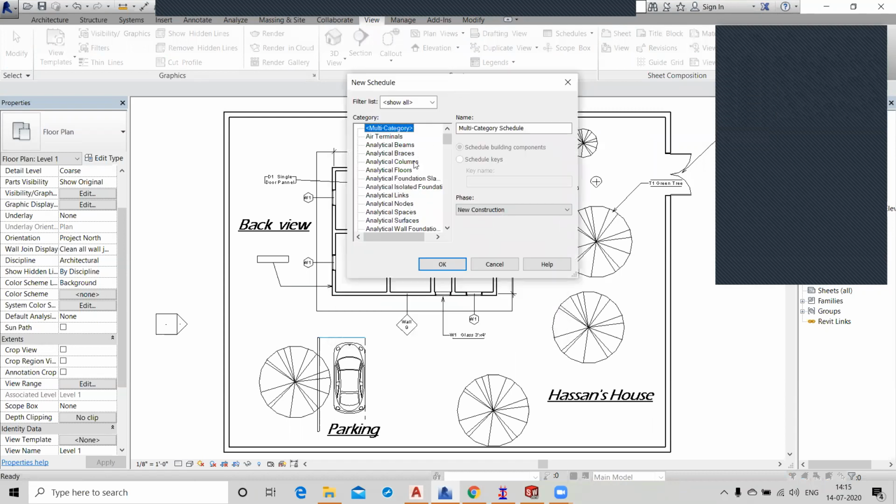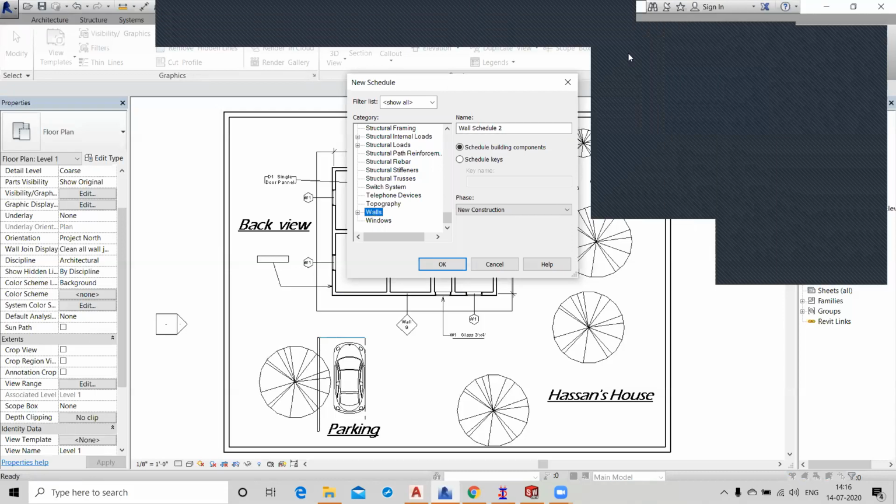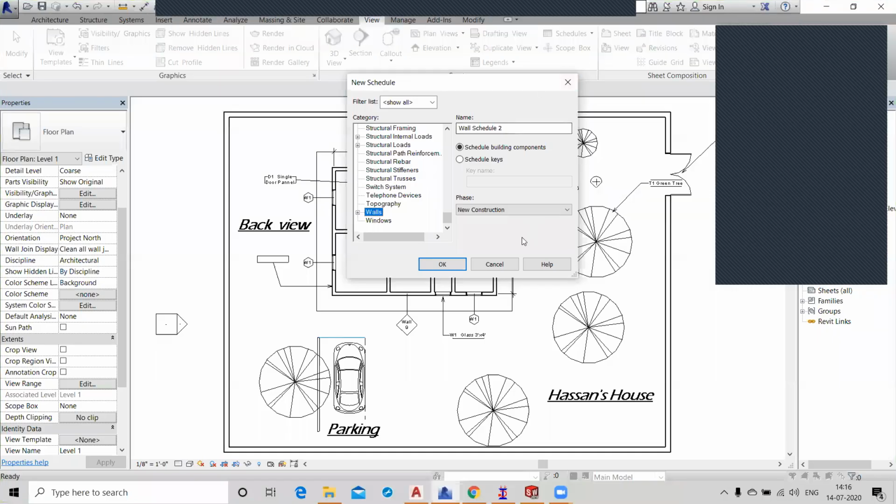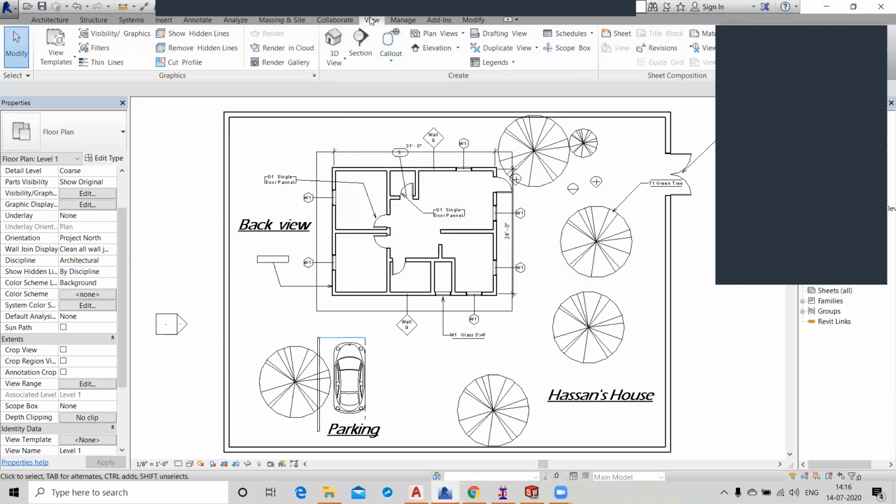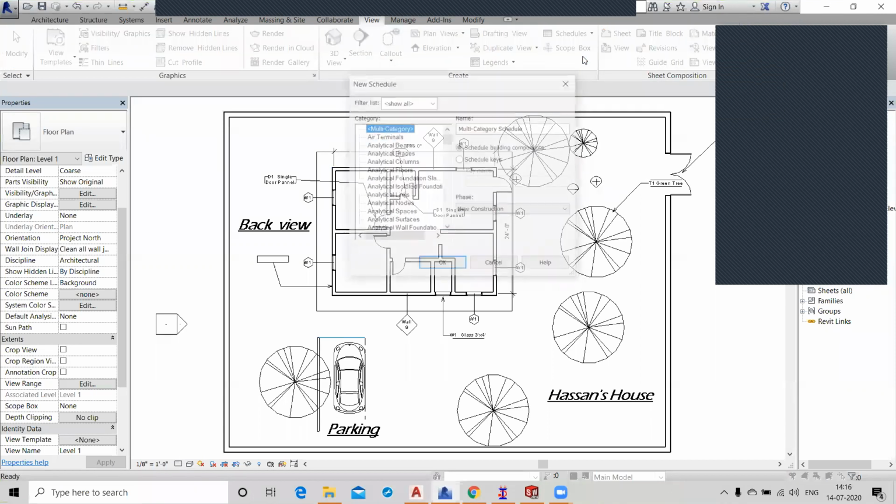Here, if you want to find out the schedules of your walls and windows, you can select the walls here. So I go to the View tab and click on Schedule and Quantities.